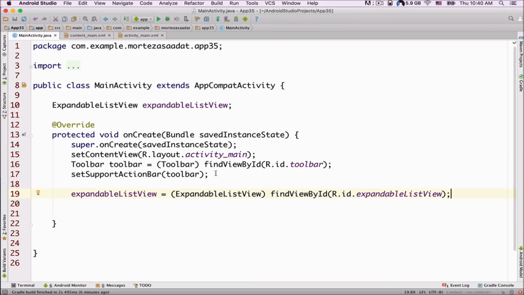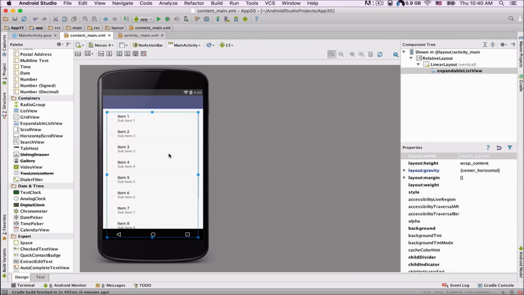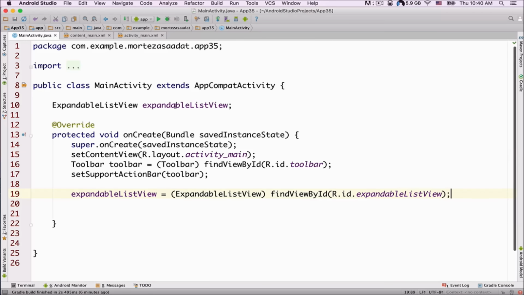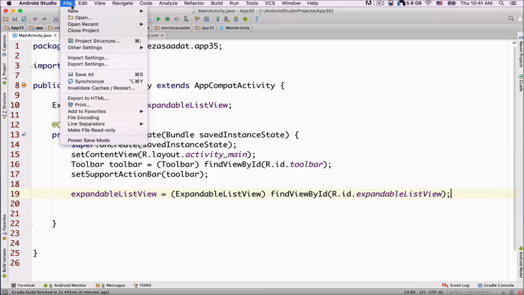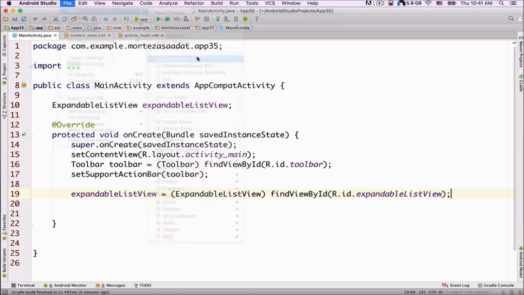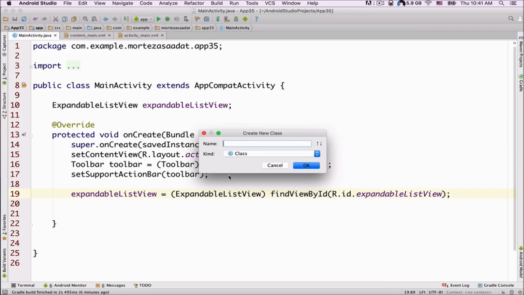So now let's create a Java class, okay? So that we can bind our expandable list view codes with this expandable list view, okay? So if we create another separate class, our work would be cleaner, okay? And it is more professional to create classes for every specific job that you want to perform in your program. So I just need to click on File, New, okay, and then Java class, and here for the name of my class I can just type in expandable